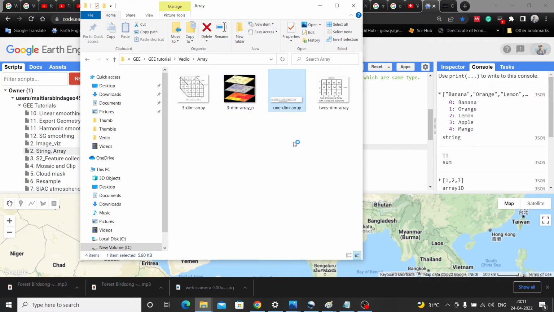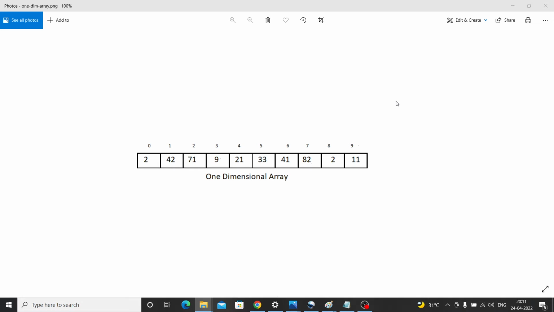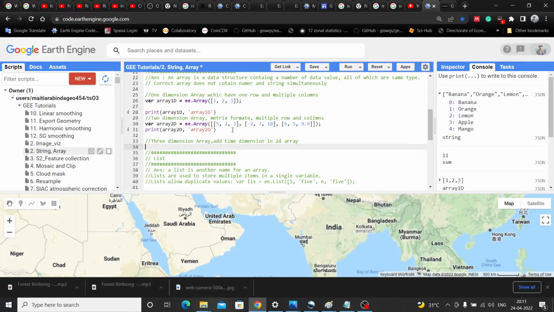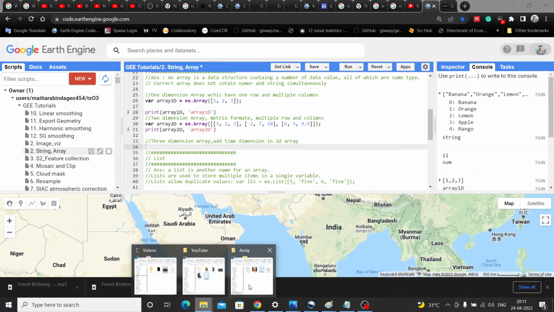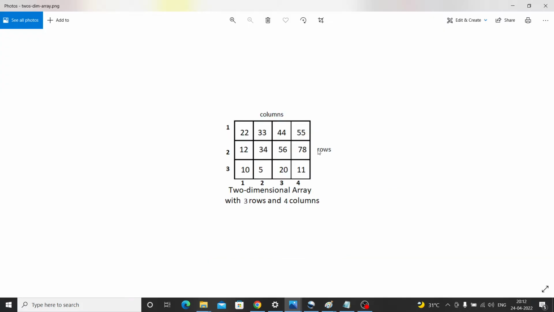Wait just a minute to open it. Now this is the one dimensional array. This is the two dimensional array, like matrix format.